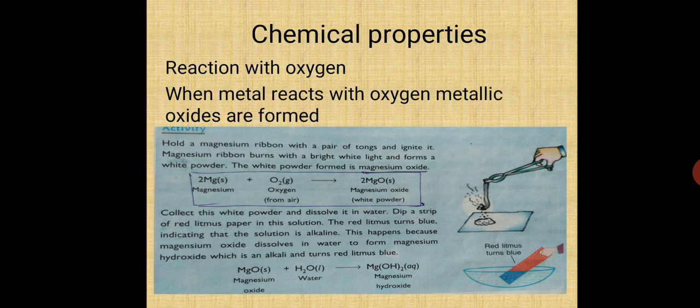There are two types of litmus paper, red and blue. Put both of them. Here only red is being put in, but I used to say put both. Dip both the litmus papers. What you will see is that the red litmus paper changes into blue color and the blue litmus paper remains as it is. So when the red litmus paper changes to blue, it means that the solution is basic in nature. So we can say that metallic oxides are basic in nature.